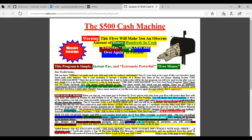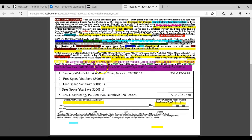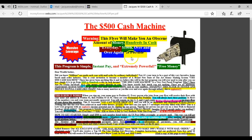And not only that, when you join me in the $500 cash machine, you're going to get the Millionaire Mailers 1, 2, and 3 absolutely free. How about that? I mean, tell me where is a better deal than that. You're going to get Millionaire Mailers 1, 2, and 3 for free for coming in the $500 cash machine, all for $1,000, and you're going to save 1,500 because I got 3 free spaces on my flyer, as you can see right there. So if you want to join this, and if you're tired of struggling, and you want a real powerhouse money making flyer like this,